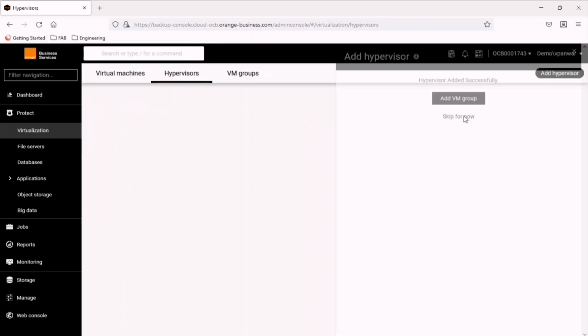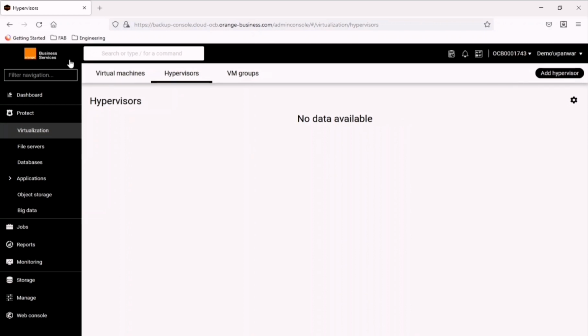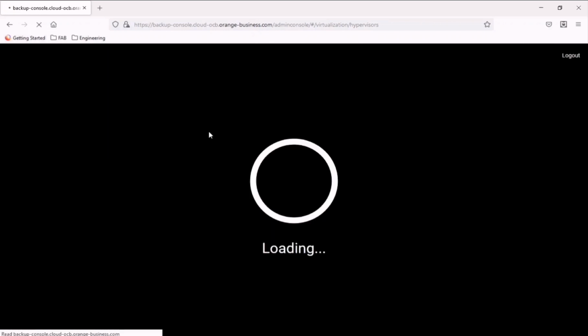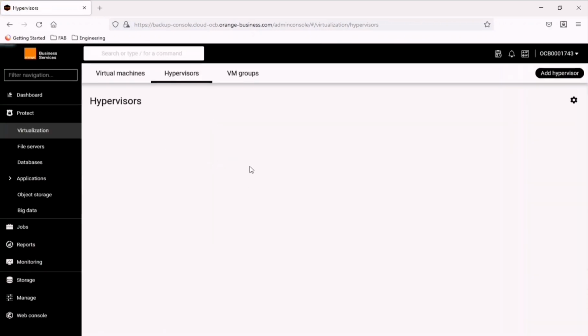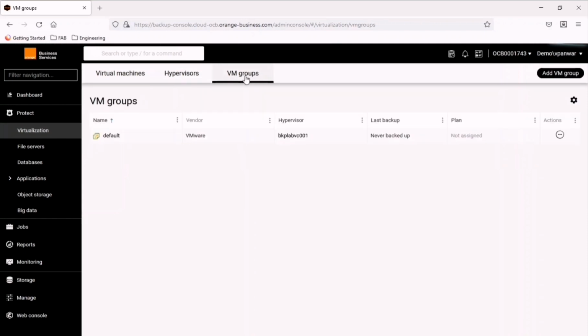Let's skip this for now and see whether the hypervisor has been added or not. Refresh the browser and you can see the vCenter is listed under the hypervisors. Now go to the VM groups, and the moment you configure a hypervisor, a default group is automatically configured.